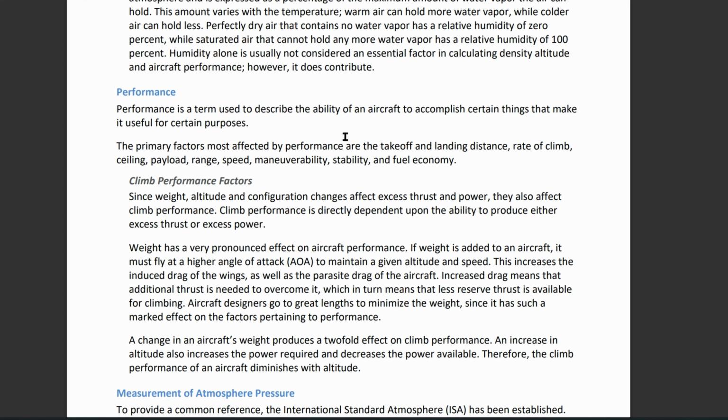With climb performance factors, weight, altitude, and the actual aircraft configuration are the main factors for thrust and power. Weight has a large effect. If you add more weight, the aircraft must fly at a higher angle of attack, AOA, to maintain its speed and altitude. This is going to increase the induced drag as well as the parasitic drag. So more thrust is needed, and it takes away your thrust from climbing, because you're pushing thrust to push it